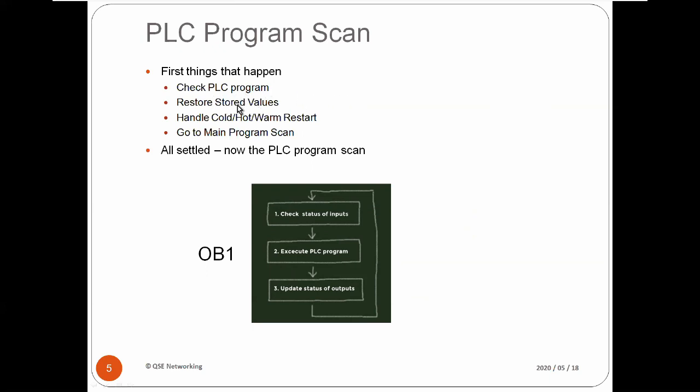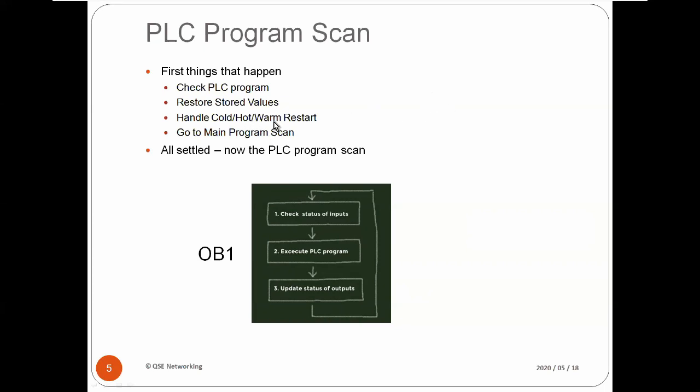Then we'll restore any stored values in the data blocks or the memory variables that are set on restore. And then depending on how you start it, they talk about in Siemens a cold, a hot, and a warm restart. Cold restart